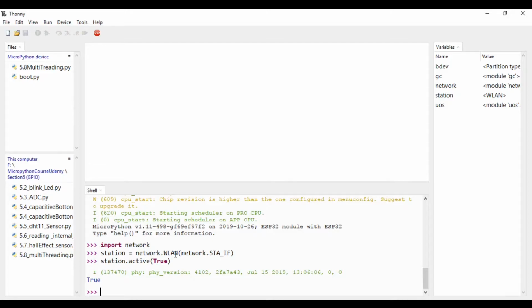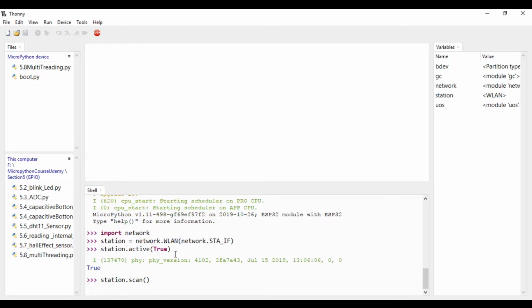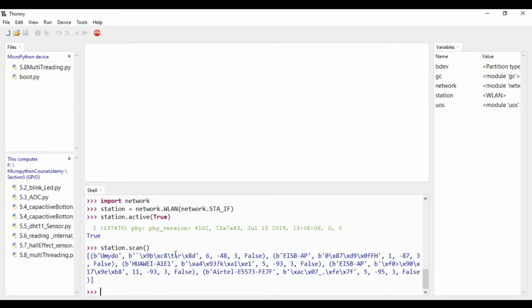For scanning any of the network available around, the command is object created, that is station dot scan. Here these are the result.